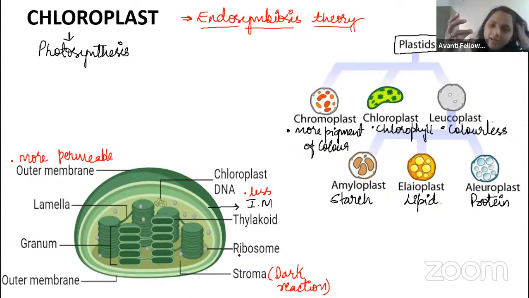The tomato, right? When the tomato is in the green color, during the ripening, what will happen? The chloroplast which is present will convert into the chromoplast. The chloroplast is converted into the chromoplast, where it will store the pigments like the carotenoids and the xanthophyll. Chromoplast is nothing but it comes from the chloroplast.